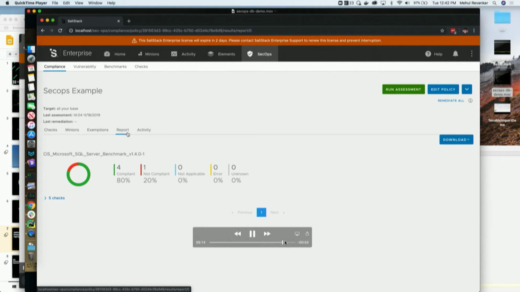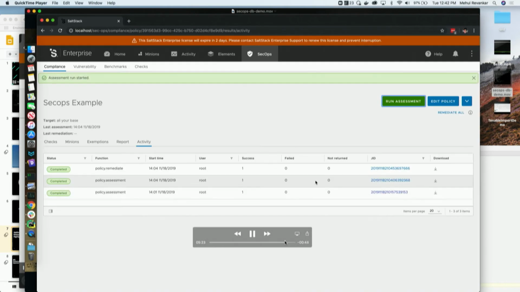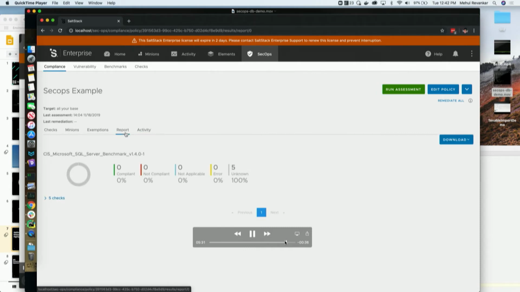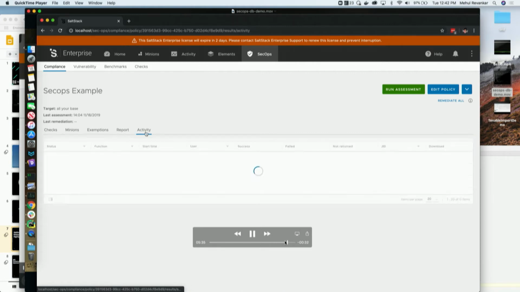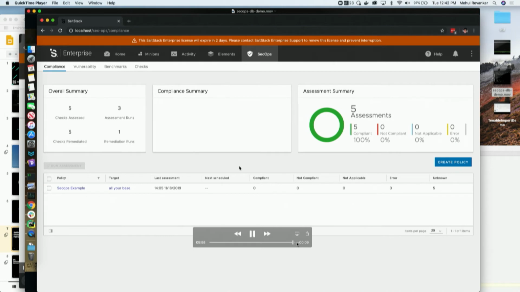As we go on, expect us to build more content for the technologies Salt supports. Today we are starting with databases. We'll get into network devices. We'll get into web servers. Anything and everything that Salt can manage, we will build content for it, we'll ship the content for it, and we'll support it. If you have specific requests, let us know, and we'll prioritize that content development on our content roadmap. So now everything is fixed, and we are completely compliant.